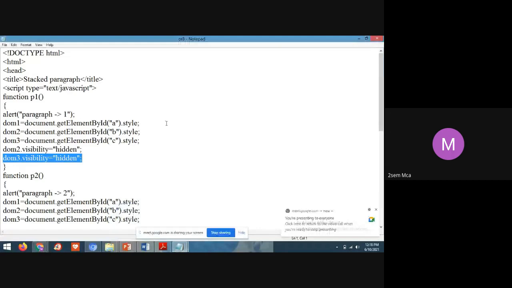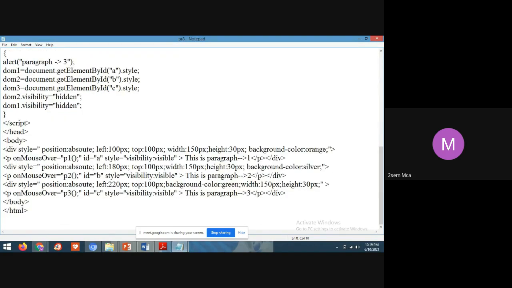Yes, students, did you understand this program? Will you modify it? Just slight changes you have to make in this program. Can anybody tell me what you need to include? Z index value. Yes, you have to include a Z index. You try. If you're not able to, then in the next lab I will execute it and show you. Yes, students, if you understood, I'll explain this once again.